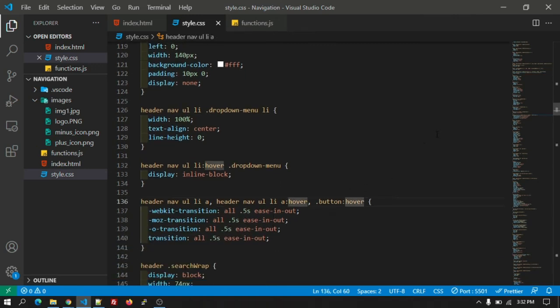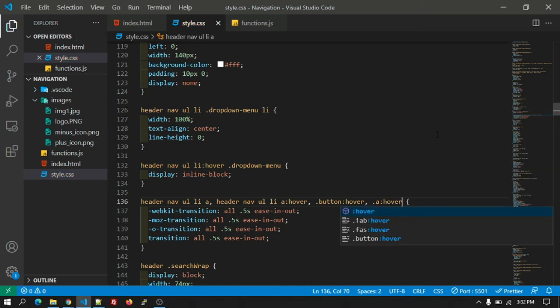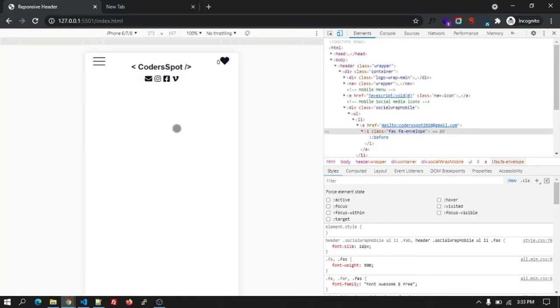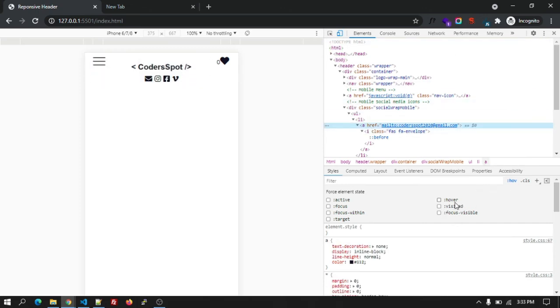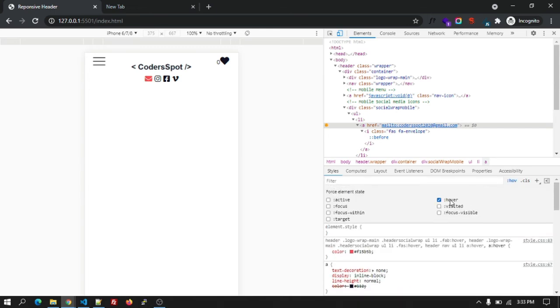So on the button we have given, right, on the anchor tag, on the hover, these effects should be there, like a normal simple animation. Okay, so let's have a look, is it working or not. So on the anchor tag, let's keep it at hover. Okay, it's working fine in the mobile device as well. You know how to check the hover effect by inspect element: on the right hand side you will see the toggle element state. After clicking on that, just click on hover. You will see the color. Okay, so it's working properly fine.